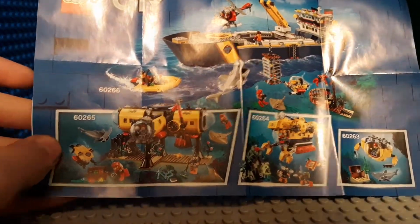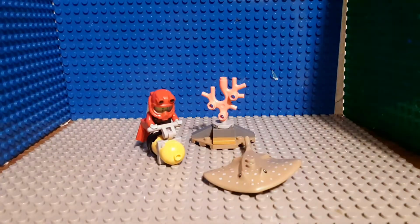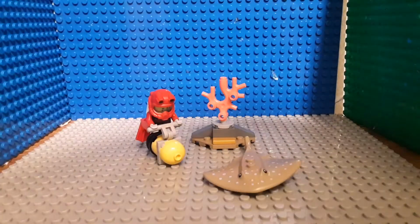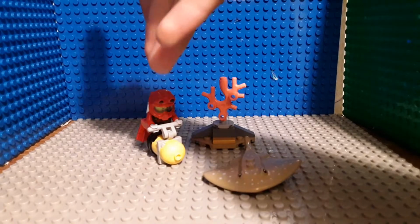And yeah, I think that's all I've said. Let's move on to the final verdict. So the final verdict of this little poly bag: I think it's actually a pretty cool poly bag. I think it does what a Lego City poly bag for a specific theme should do, which is that it gives you a little taste of the theme, because you get cool little coral reef pieces, you get the cool diver pieces,